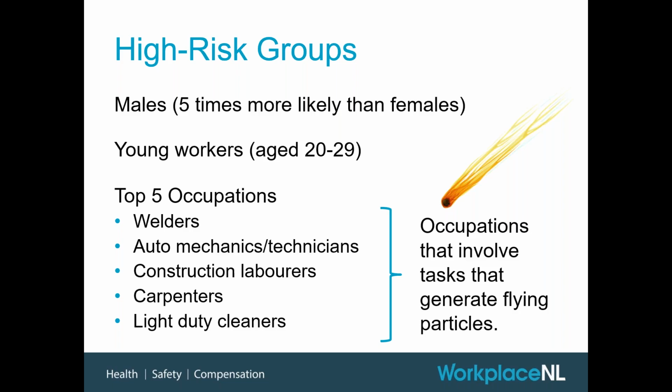So again, there's a lot of tasks going on that generate flying bits, whether it's spray paint or sanding of the body of a car, or there could even be some welding activities going on. The next group we see there are the construction laborers. They always seem to be in my top 5 lists. I guess it's the nature of the little bit of everything that the laborers often do for construction. Then we've got the carpenters below that, and then finally the light duty cleaners, which I do think are a group that are